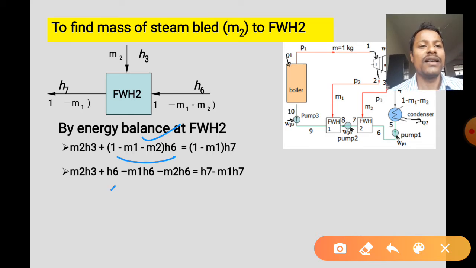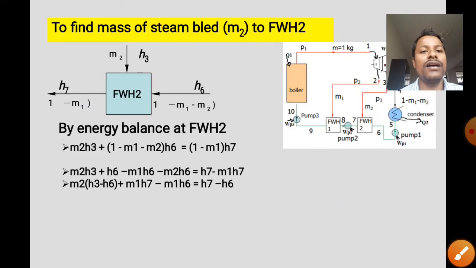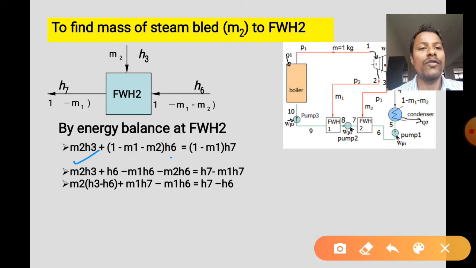So then again H6 into M1, H6 we have written, minus M2 into H6, so M2 H6 we have written. Then again I open this bracket also, that is H7 into 1, H7 we have written, minus M1 into H7. So then if we further continue, M2 I have taken common from these two terms, that is M2 into H3 minus H6, plus M1 H7 I have written as it is, and M1 H6, M1 terms I combined,